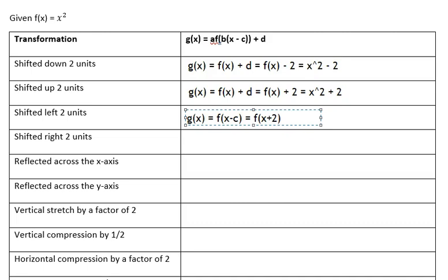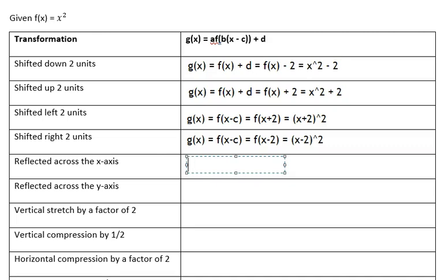Here in function notation, that would be x plus 2 squared. That's what the equation would look like, x plus 2 squared. Okay, if we want to reflect across the x-axis now,